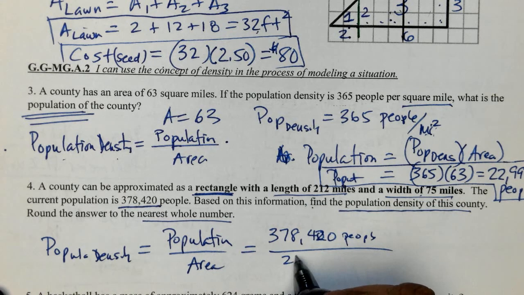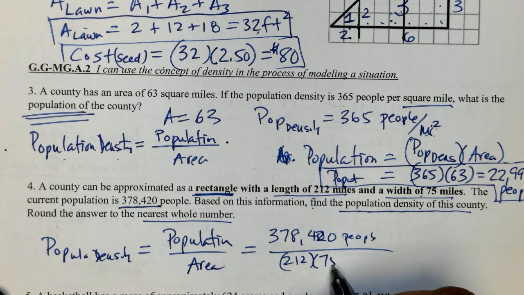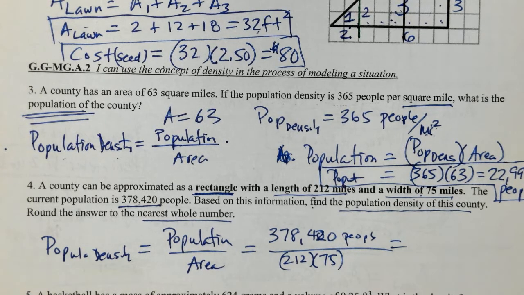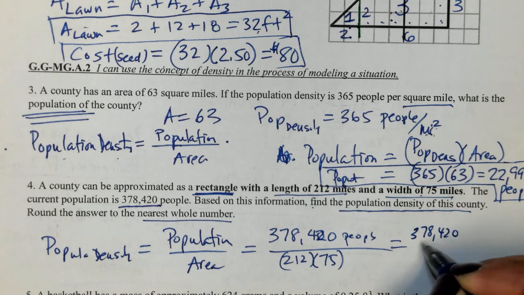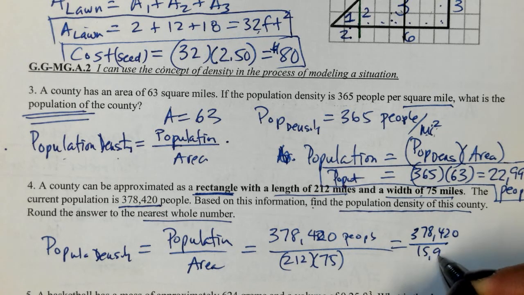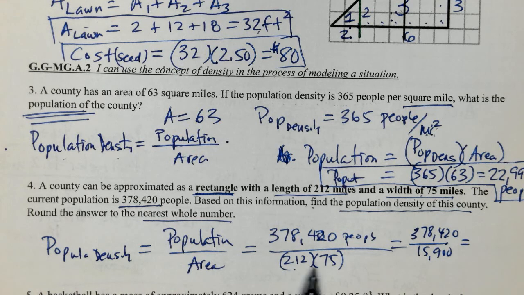It's 212 multiplied by 75. If you want to do that separately, you can. That's up to you. I came up with 15,900 on the bottom, so I'm going to do that. So we get 378,420 divided by 15,900. That's what 212 and 75 are. Okay, and your population density comes out to